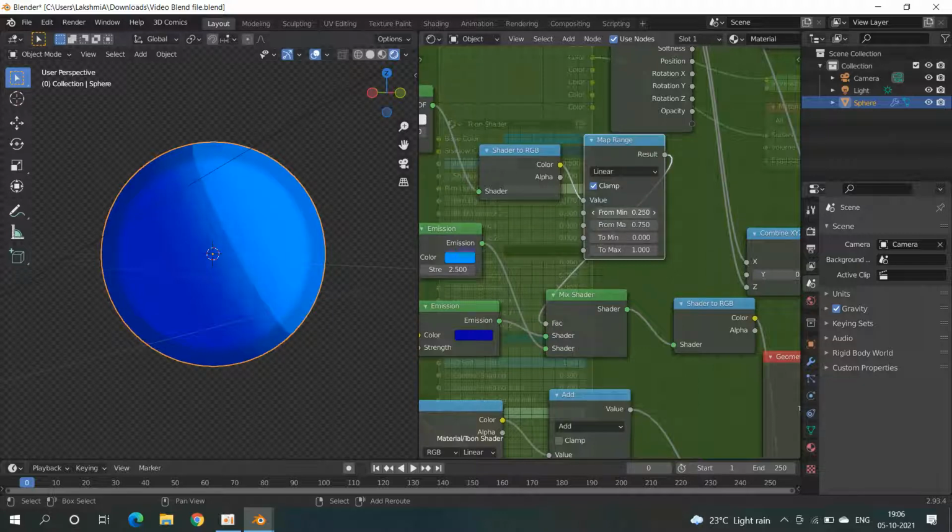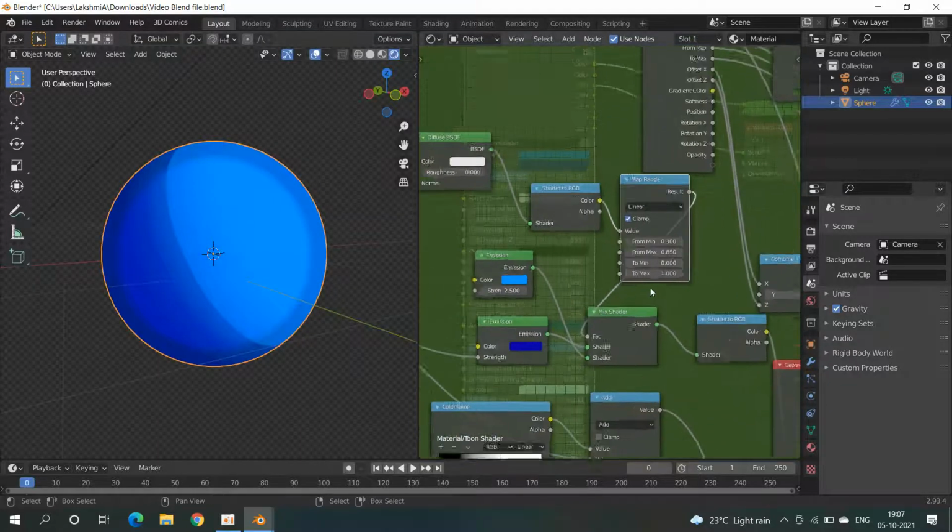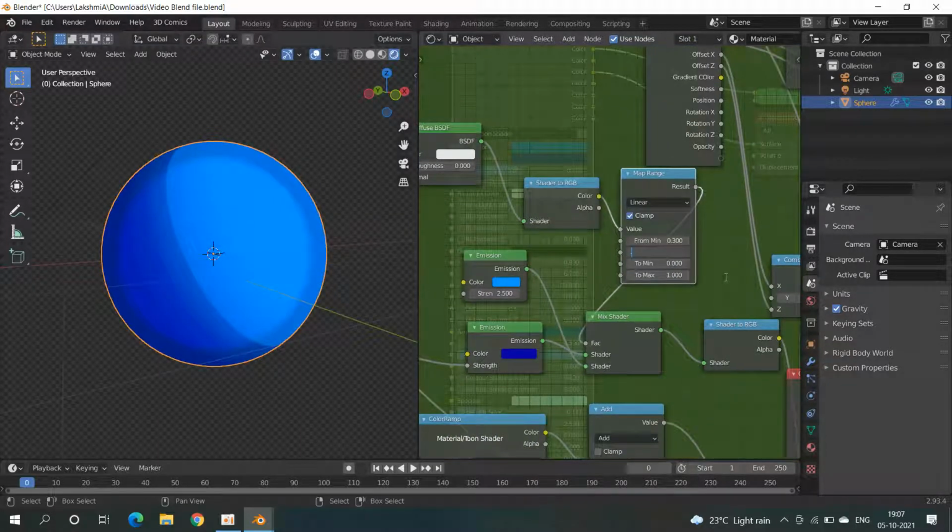Now I guess a value near to this would look good, so 0.25, yeah, so 0.3 and 0.7. And right now you can see that it gives this gradient effect over there. I guess I'm going to keep this at 0.8,